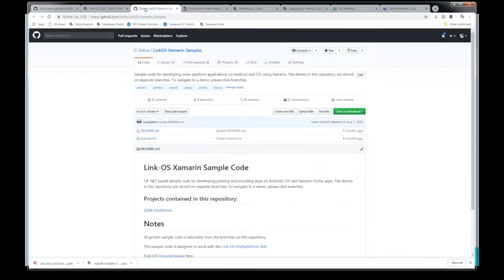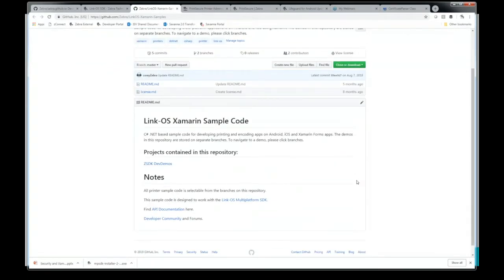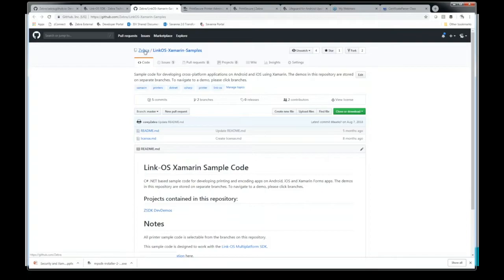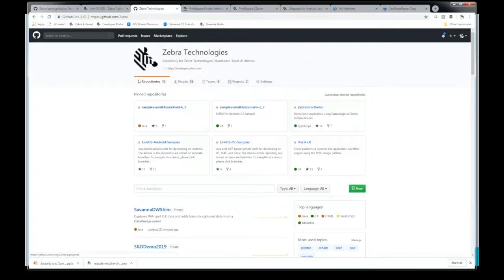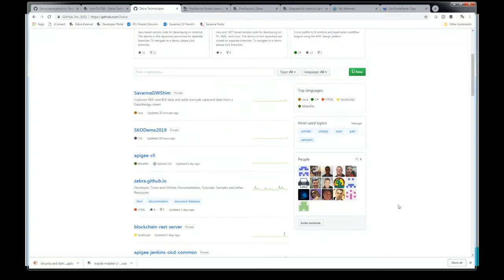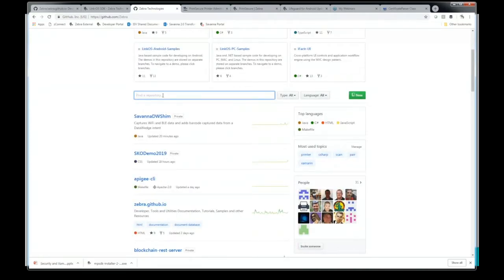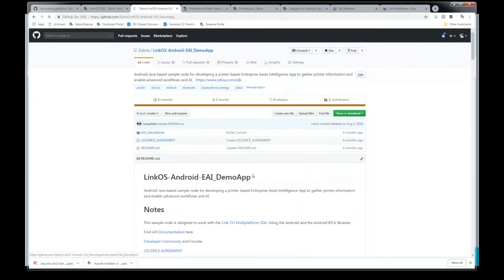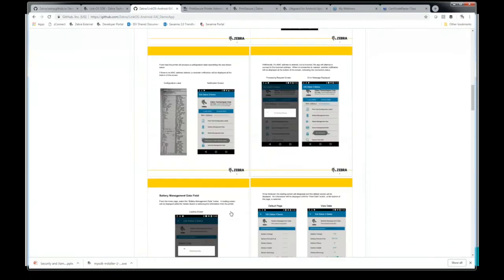to essentially lock in the different settings of the printer in order to make sure that the communications to that printer are the ones that you want to have. And it's the EAI demo app. And within that app,